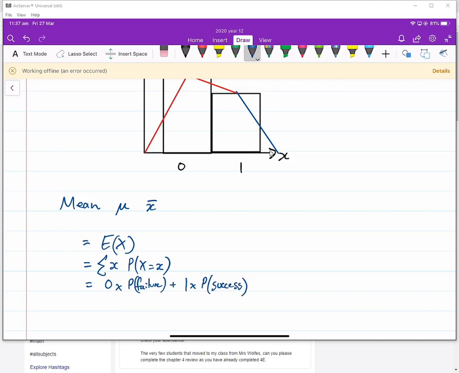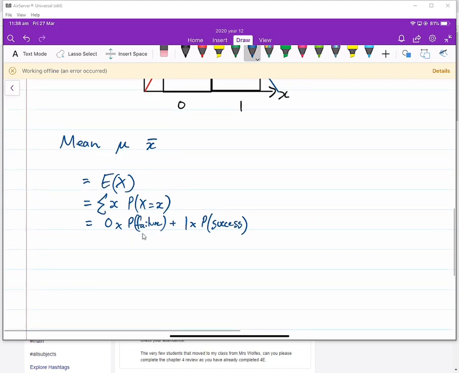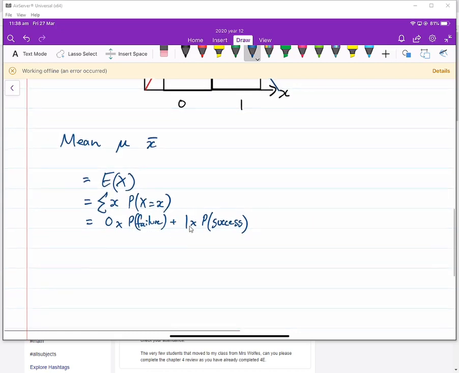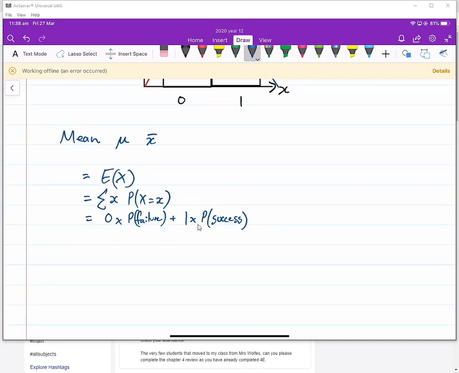Okay, so that's what we would get for our mean: 0 times the probability of failure, which we know is 1 minus p or q, plus 1 times the probability of success. So it's just the probability of success, which is just p. Okay, in this case here, our mean for this graph